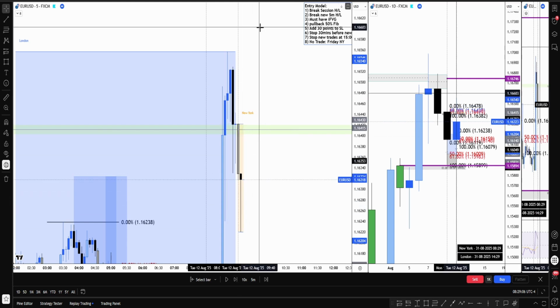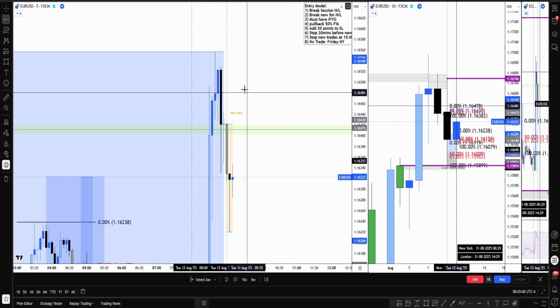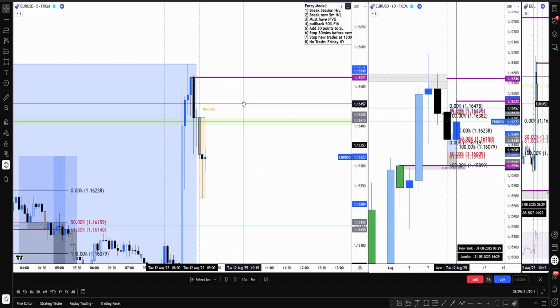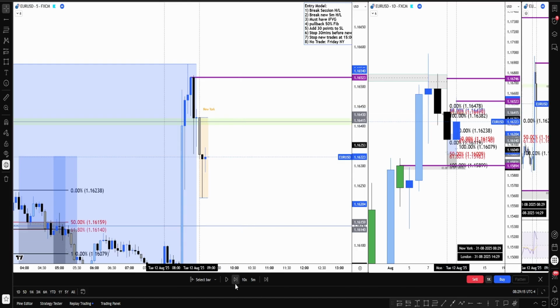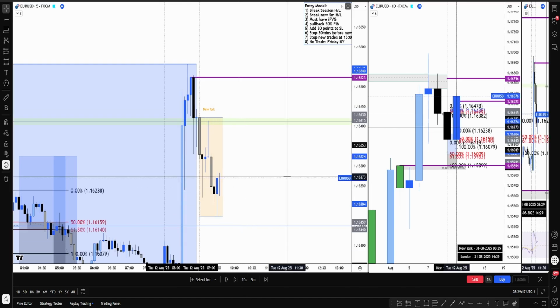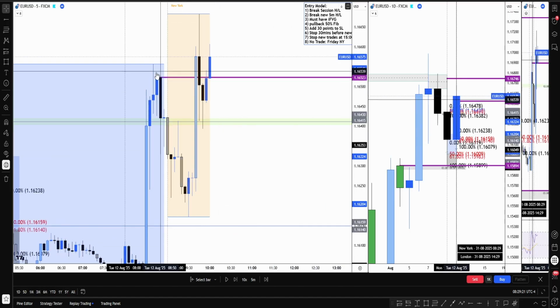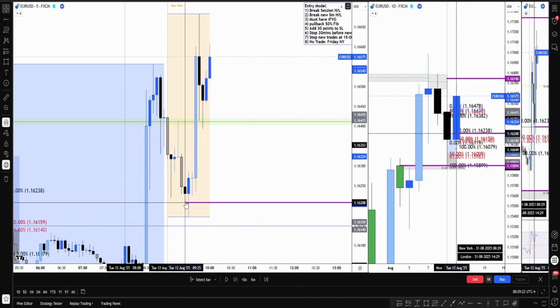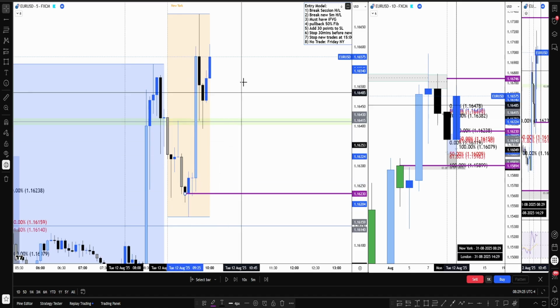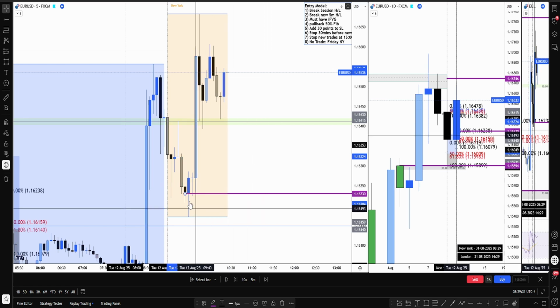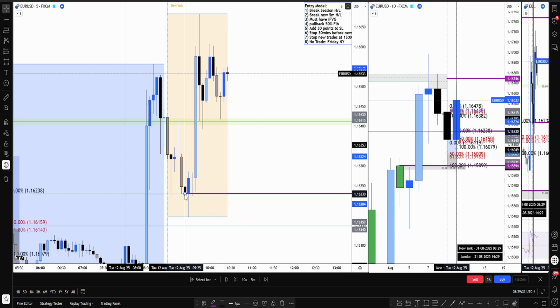New York open. What are we waiting for? We're waiting for a retest of that level before we look for a sell. There we go. We get what we're waiting for. Now we're waiting for a retest of this low, or close below this low. We see the volume is actually pretty high due to the news, the most recent news.